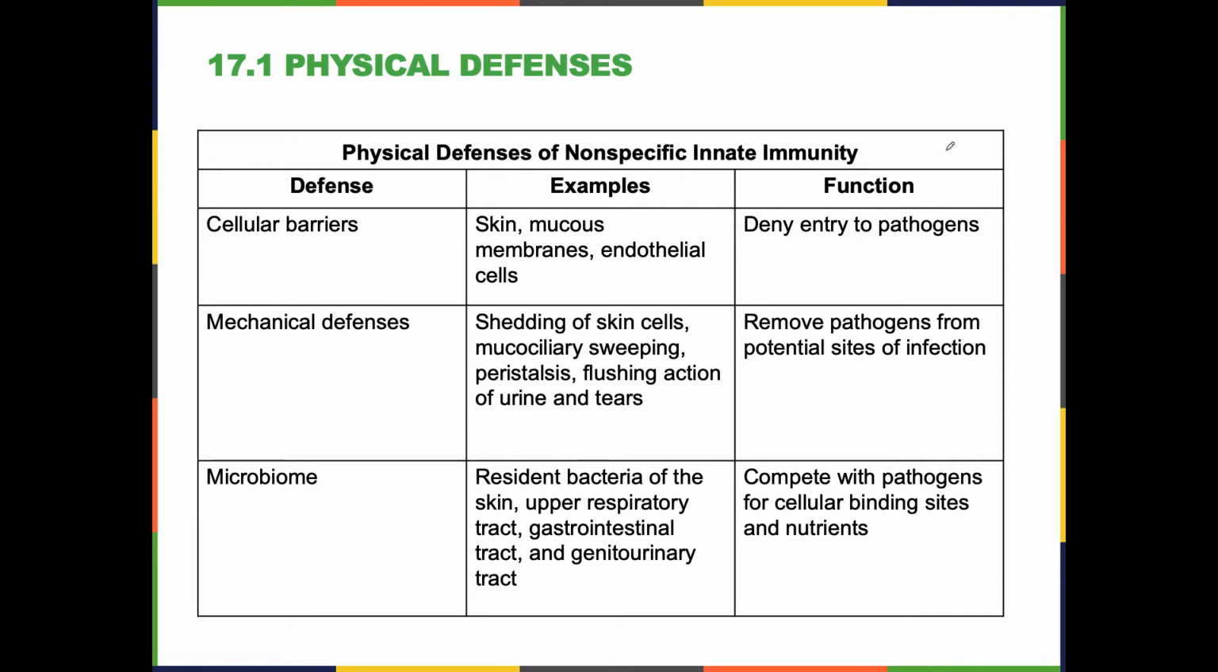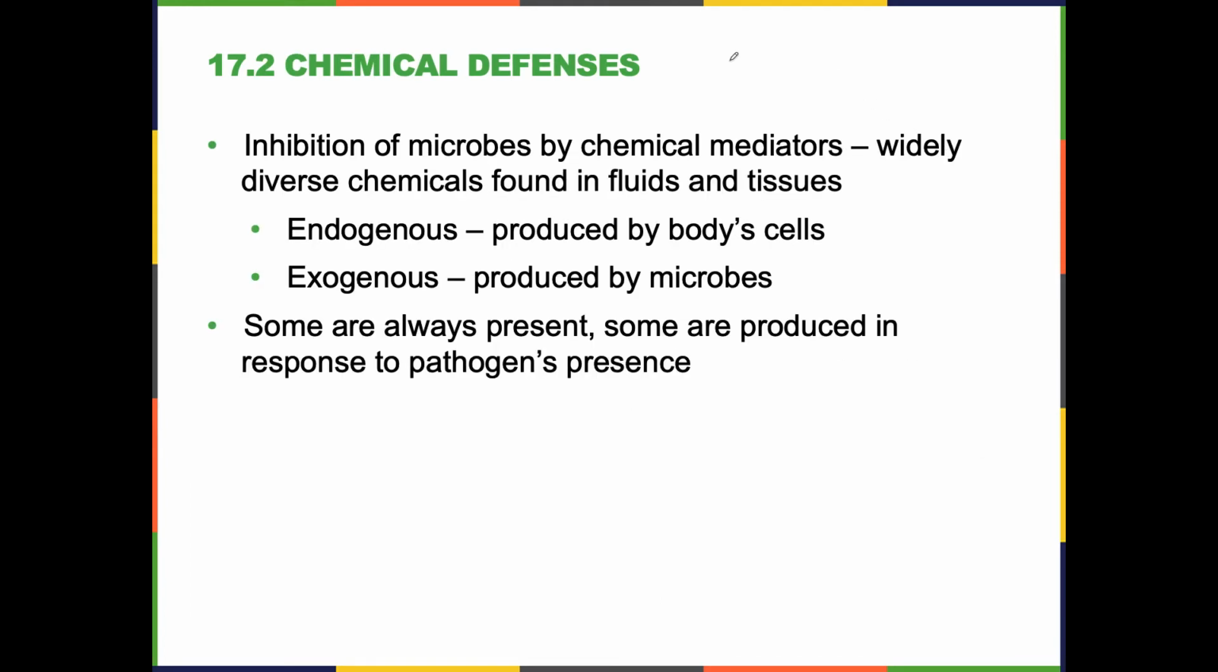We're going to move in and talk about the chemical defenses, right? So what are these things that are in our body? These are what we call chemical mediators, and the key word here is mediators, right? They mediate, they're involved in our immune response. The definition is quite vague: widely diverse chemicals found in fluids and tissues. We have tons and tons of mediators. We'll talk about mediators in so many different forms, so many times,